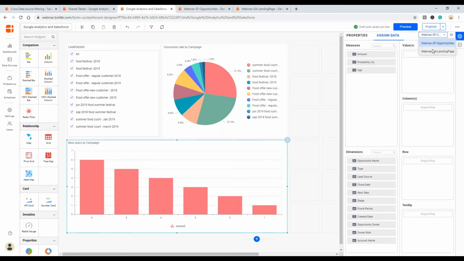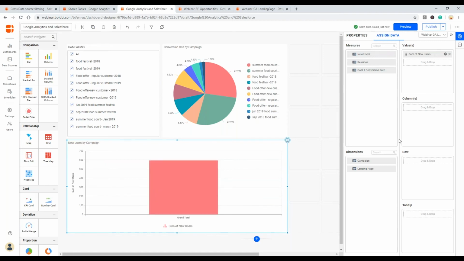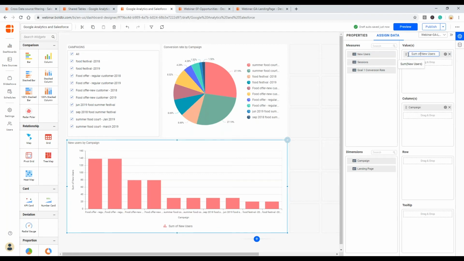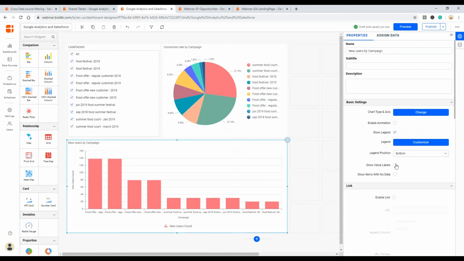Coming to data, let me use the new users column measure and drop it in the values, and campaign in the column section. Yeah, I think it's good to go. What I'll do is make sure the labels are visible.